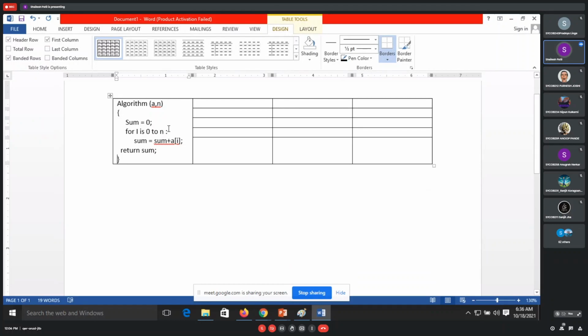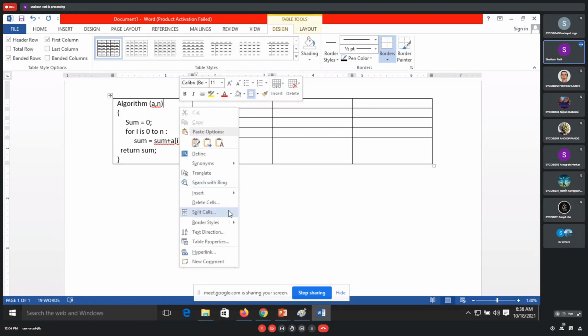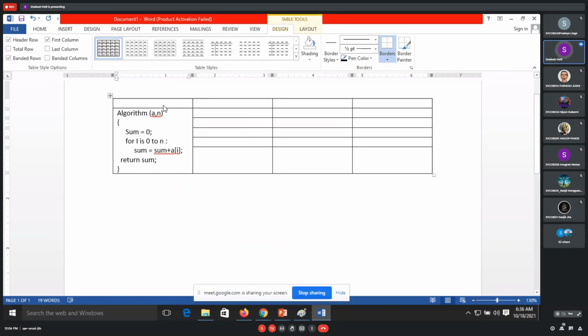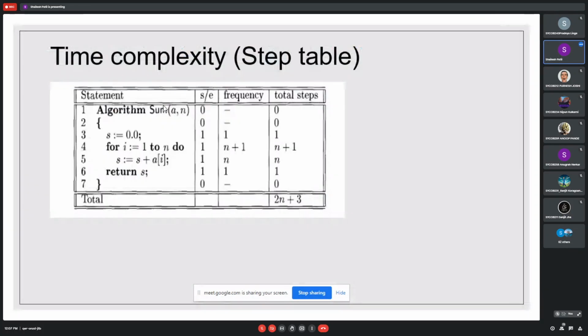These many things we have. So what we'll do? I will just add a table. First will be the statement, S/E, the actual steps per execution, then we'll have frequency, and we'll have total steps.